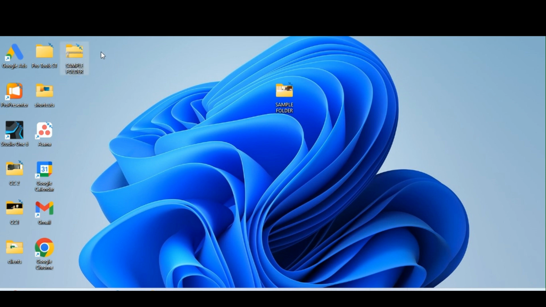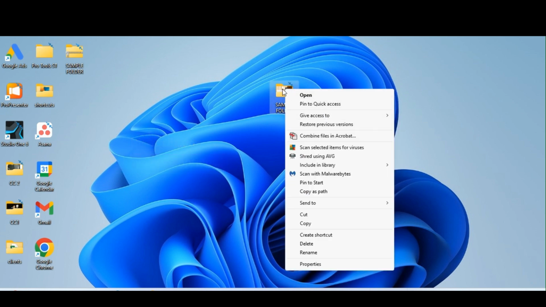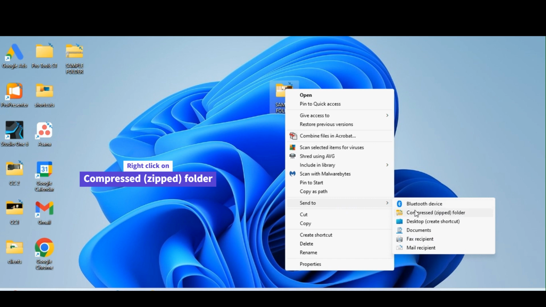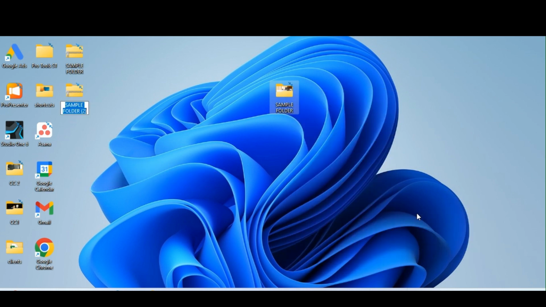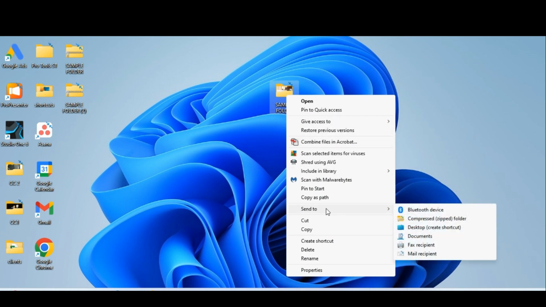Mine does it that way, but if you have Windows 7, like an earlier version, when you right click on yours, you're going to get this, see this here, and then you want to go to send to and compress zip folder, and it does the same thing. So the newer versions, like I said before, compress to zip is right here. When you see that there, you just click right on it. But for the older versions, you will see this with the send to, and then you just compress zip folder,